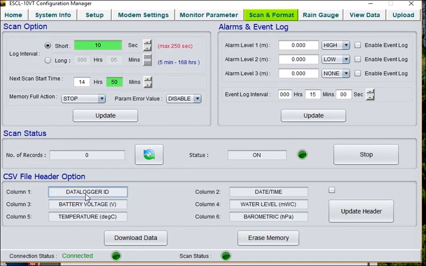Column 1 would be data logger ID, column 2 would be date and time, 3 would be battery voltage, column 4 you can change to kPa, column 5 temperature, and column 6 is barometric, but here we would not consider column 6 as it is disabled. Click on update, click on enable, update header.